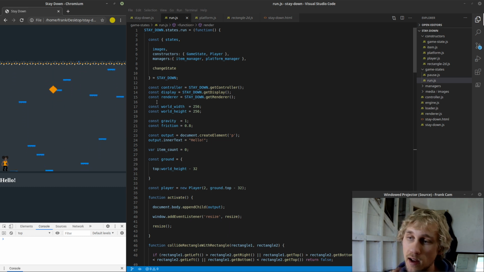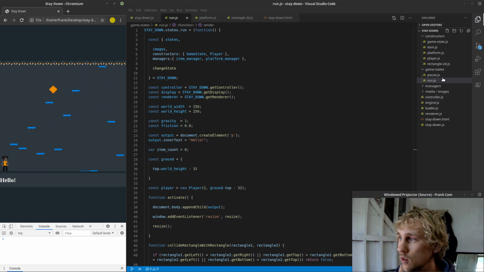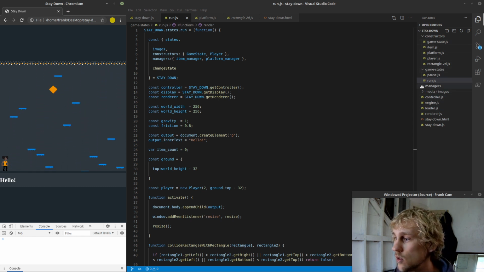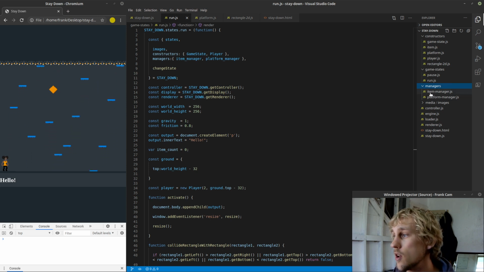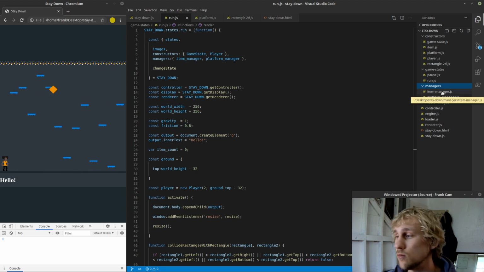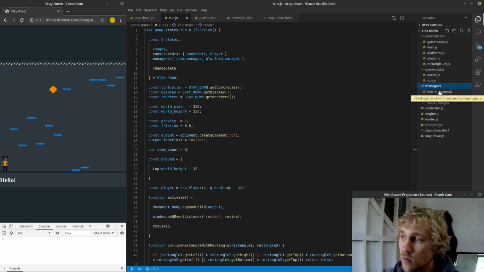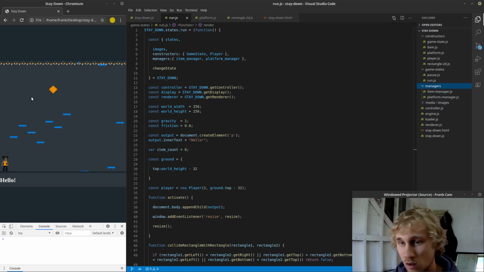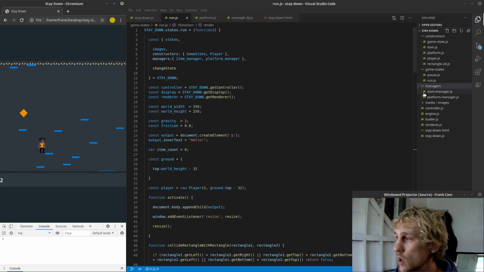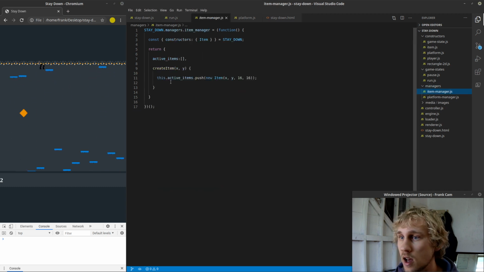And this is going to be part of the refactoring a little bit too, because instead of having an image managers or an item manager class, file, object, whatever you want to call it, I'm going to get rid of item manager and platform manager, and I'm just going to have arrays in my run game state for platforms, and I'm just going to have an object for the item, because really it's just one item. I was going to add more, but now I'm thinking I'm just going to keep it simple. So let's go ahead and go into the item manager,